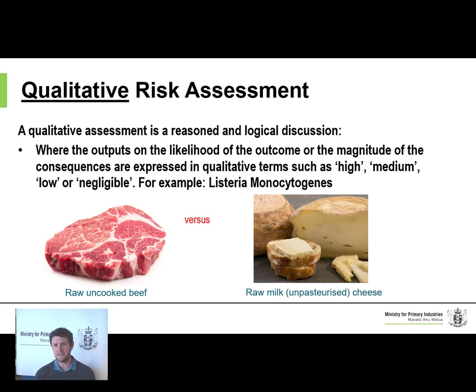If we compare this to the likes of raw milk cheese, which is simply cheese made from milk which has been unpasteurised, in recent years New Zealand has started permitting the importation of raw milk cheese. The likelihood or the consequence of Listeria monocytogenes on raw milk cheese is significantly higher than on pasteurised milk cheese, and therefore the criteria that we impose on exporting countries, as well as our domestic stakeholders processing that particular type of cheese, is going to be very, very high to minimise the impact on our consumers.